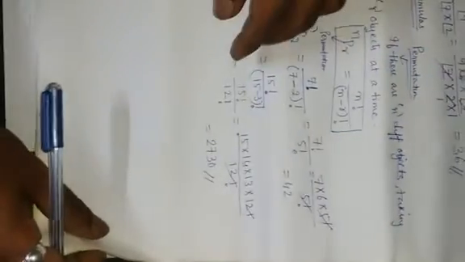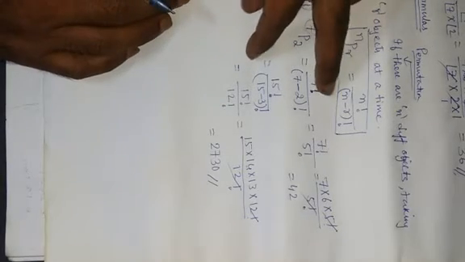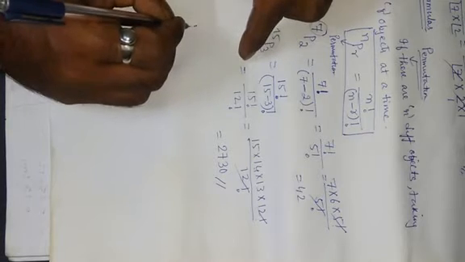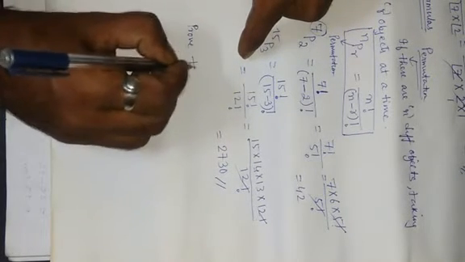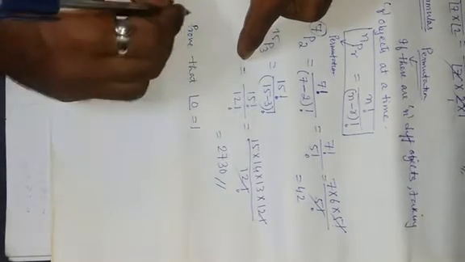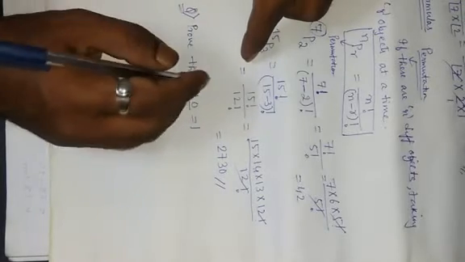Now what is left? I was about to talk about the factorial value. Prove that factorial 0 is equal to 1. This was my question. So we know